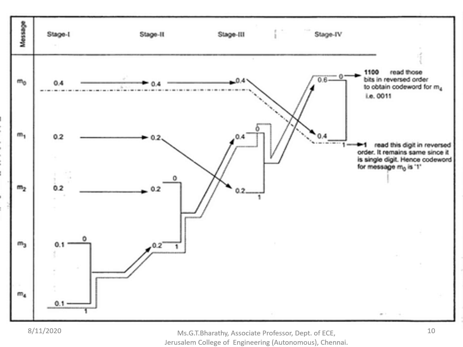Now for the last case M4, we have 0.1. Here initially we have assigned 1. From here we are moving on to this point where we have another 1. From here we move on to this point where we have a 0. And from there we move on to this point where we have a 0. So the data is 1, 1, 0, 0. So what is the code word now? You have to write it in the reverse order, that is 0, 0, 1, 1. So 0, 0, 1, 1 is the code word for the last message M4. So you have to trace the path in the forward direction and write the code word in the reverse direction. Is it clear?